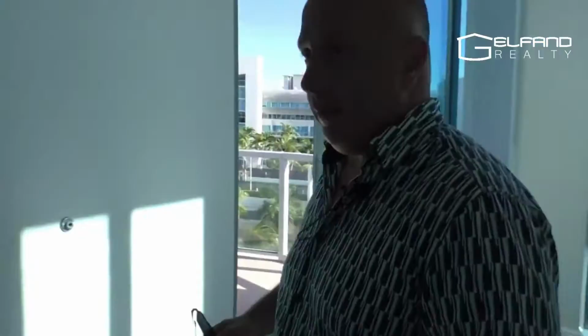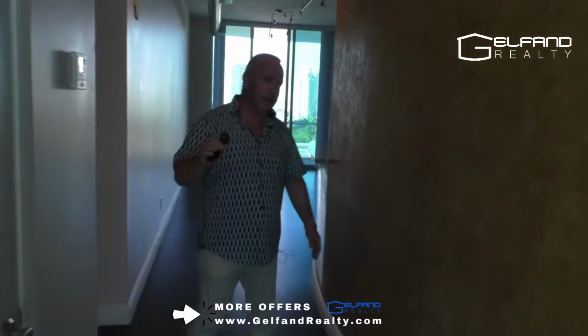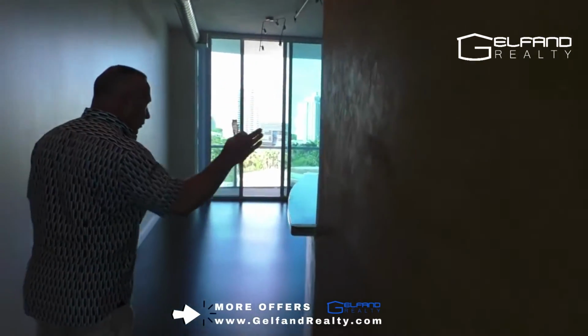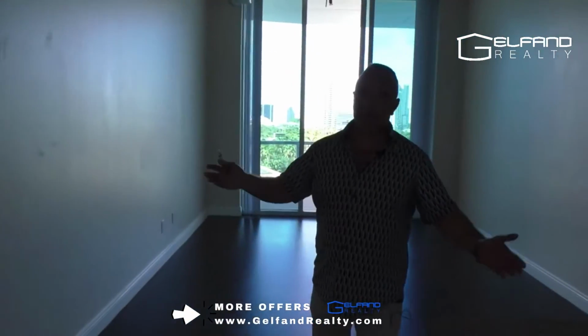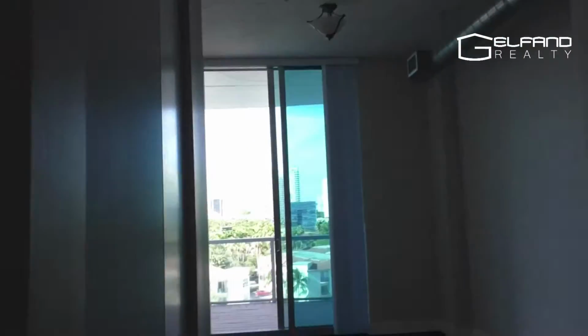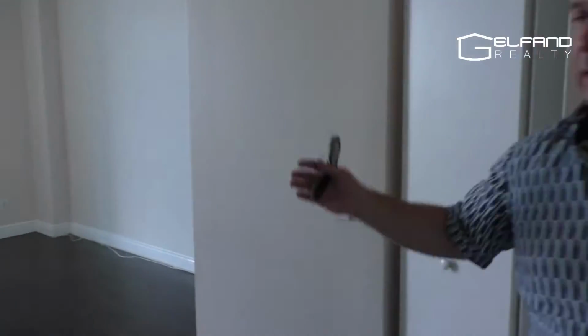And again, guys, the apartment is 1257 square feet, which, you're going to tell me, Boris, it's not big, but guys, for this kind of money it's a great deal, because if you divide it by square feet, it's like $400 per square foot. It's nothing. All buildings in the neighborhood are selling at $600, $700 per square foot. So we found this apartment, we found a person who wants to sell it, not for a dream price, because these numbers are real. You can check the public record. This unit was sold